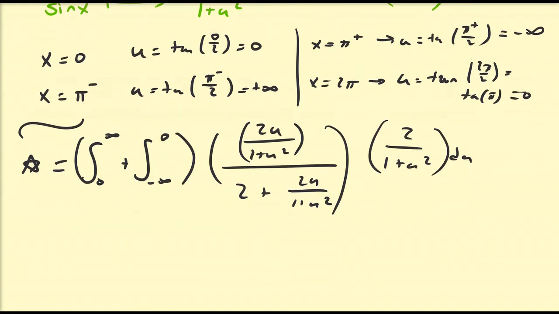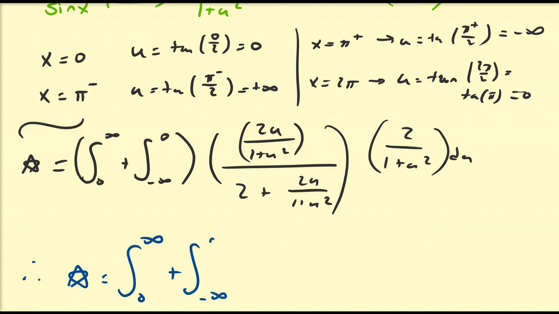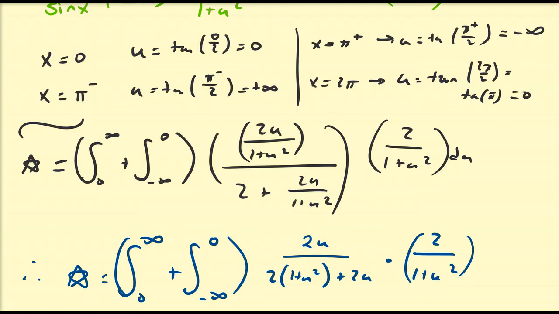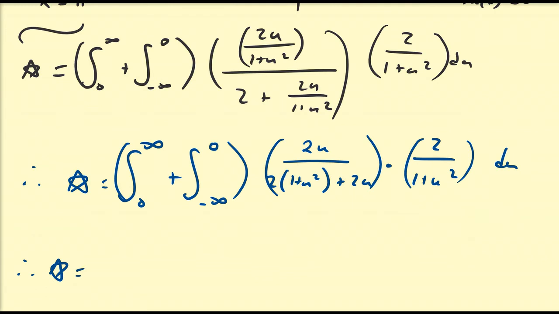Right? So, therefore, our integral of interest, and we'll deal with this integral split up in a moment. So when can you combine and when can you not? So this integral should not be improper if that is the case. So once I rearrange this, this is just going to be equal to 2u all divided by 2 times 1 plus u squared plus 2u times 2 over 1 plus u squared du, right? So therefore, our integral is the integral from 0 to infinity plus the integral from minus infinity to